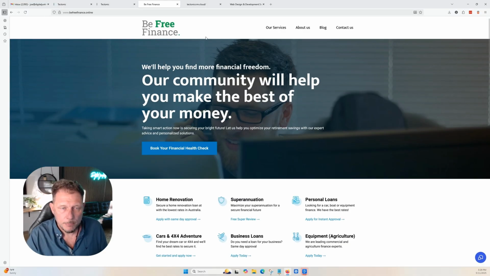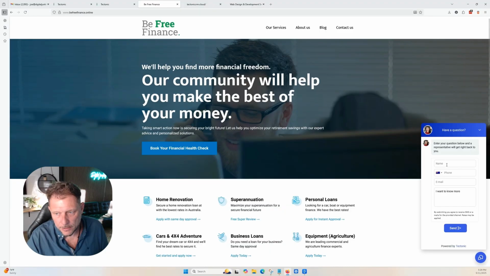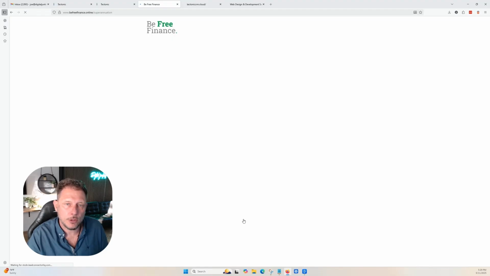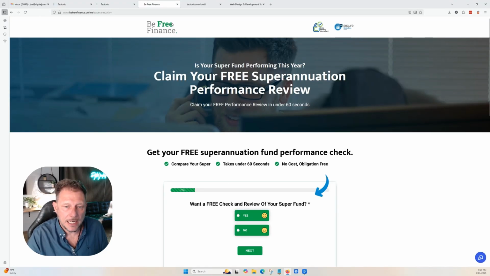So we're going to use B3 Finance, a client that we set up an AI chatbot for, and the AI chatbot here is fully connected into the CRM, so you can communicate, pull this conversation into SMS and push people through the pipeline. The phone numbers, the email forms, for example,